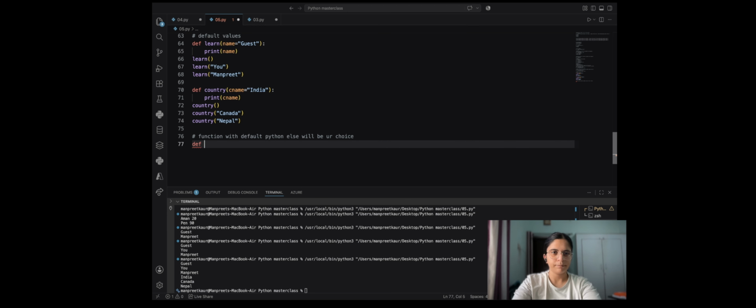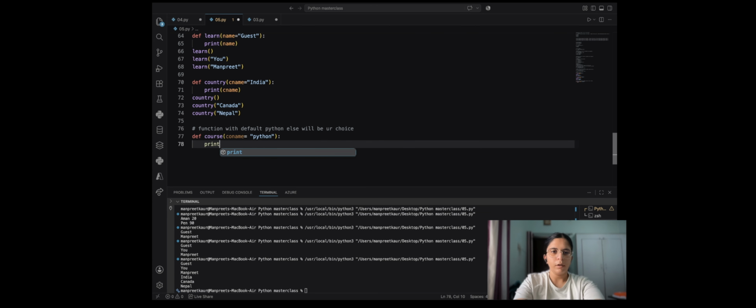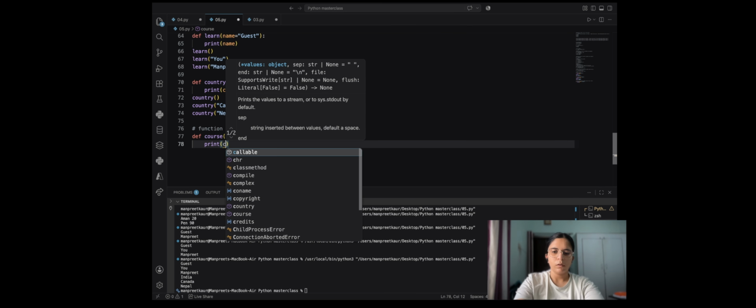Def course, the course name is equal to Python, print course name.